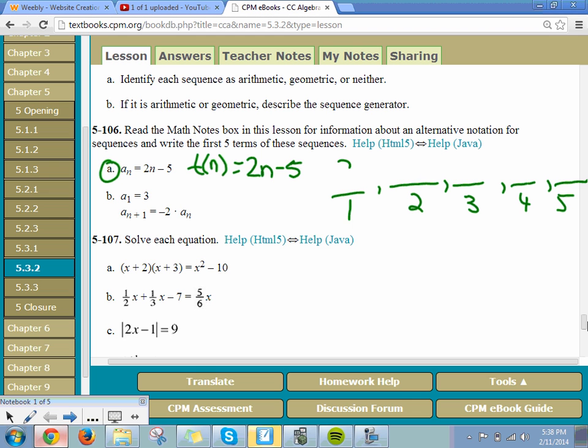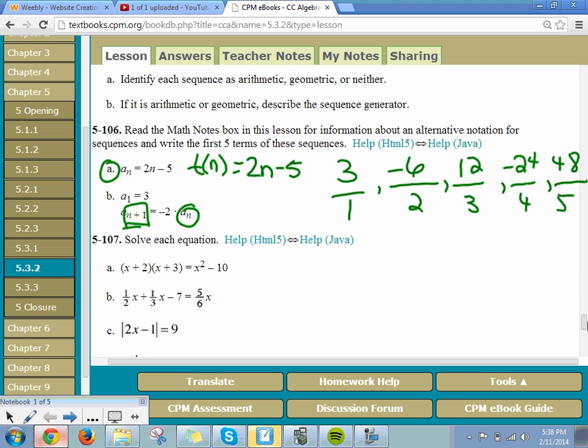And then in B, we can see we've got 2 parts. We already know what the first term is. The first term has to be 3. And then from there, in order to find the next term, that n plus 1, we need to take our previous term and multiply by -2. So our previous term was 3, so 3 times negative 2 is negative 6. Now our previous term is negative 6 times negative 2, positive 12,